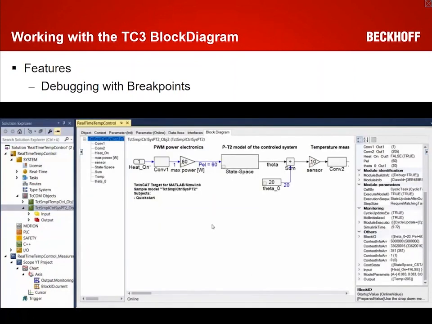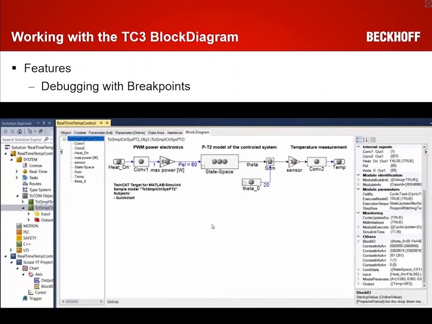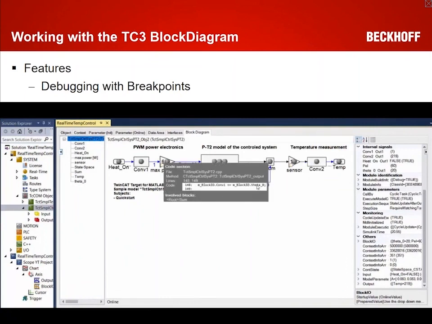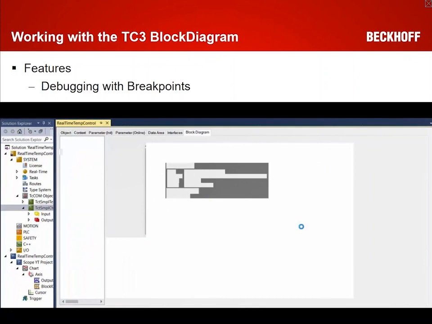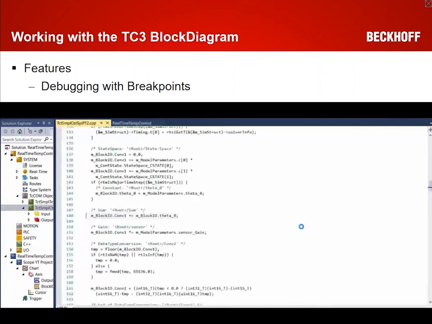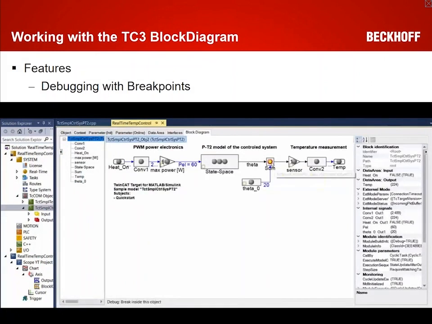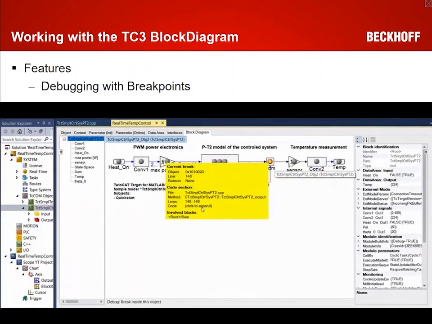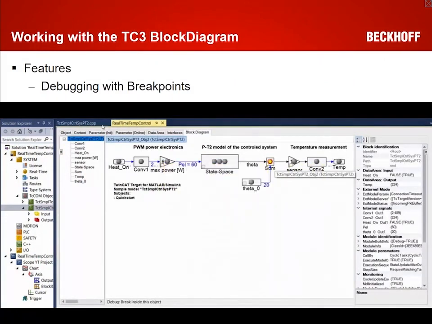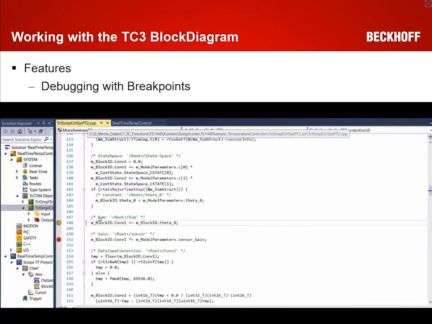Now I'm starting the project, and now I go to attach to the process, and we provide those breakpoints. If you go to the breakpoint and click expand, you can also see the C code that is lying behind. If I click on the breakpoint, I directly get a hit to this breakpoint, and I will jump into the C code, and you can see this is exactly the line where I end up in